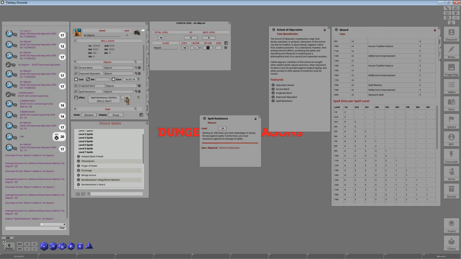So if you did fail on that particular save, even though you had the advantage, then there is one other thing that you could do, and that is to add another effect, and it would apply to yourself. And on next roll, and this would be spell resistance, and that would be I think the keyword is resistance. Let's resist. Okay, and